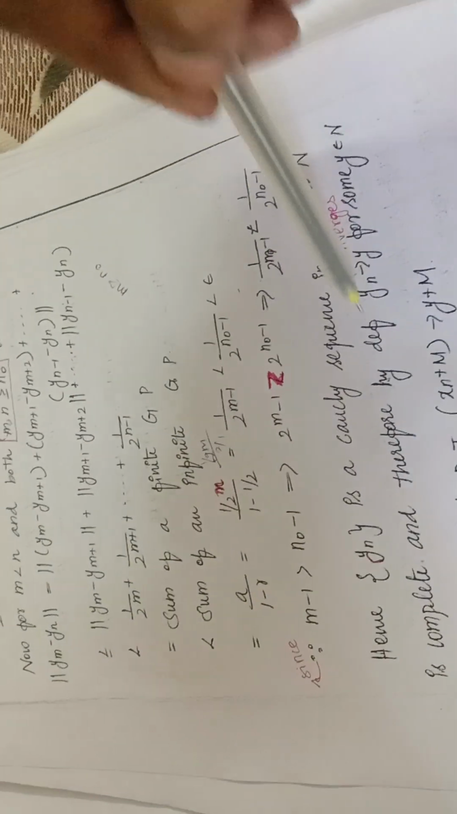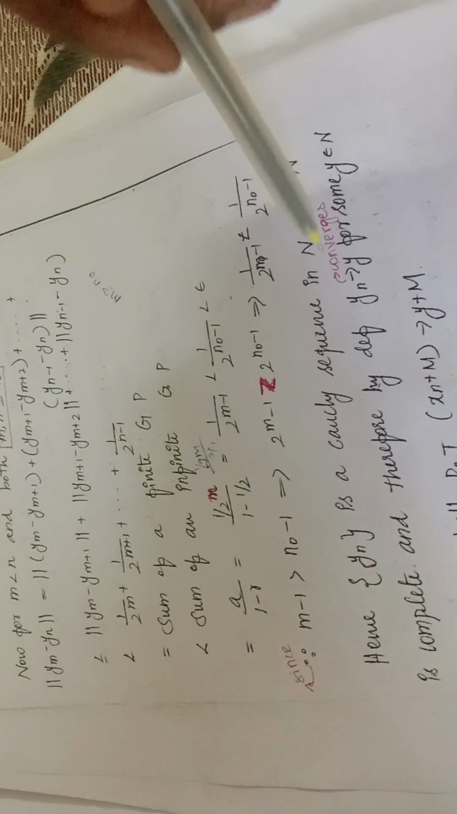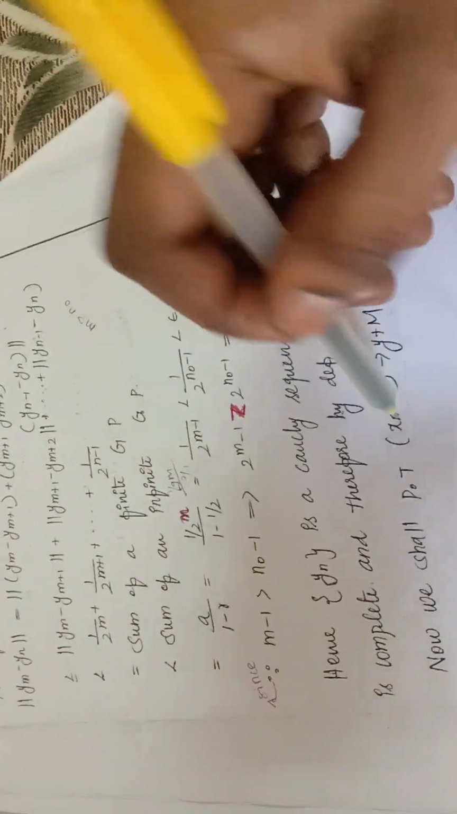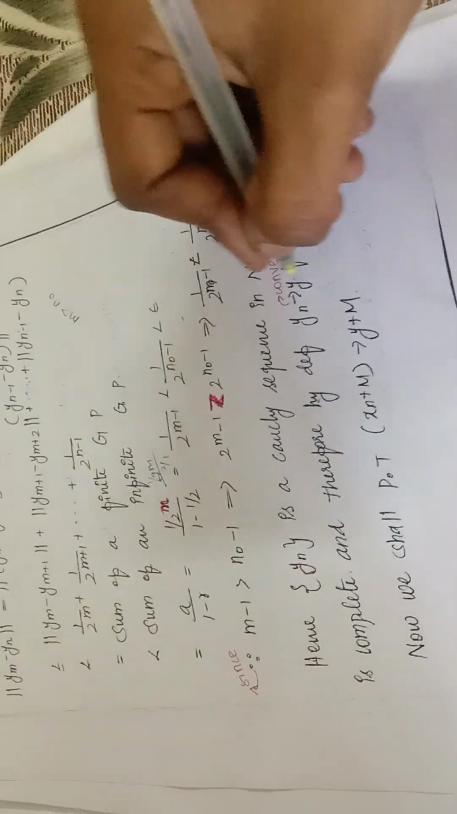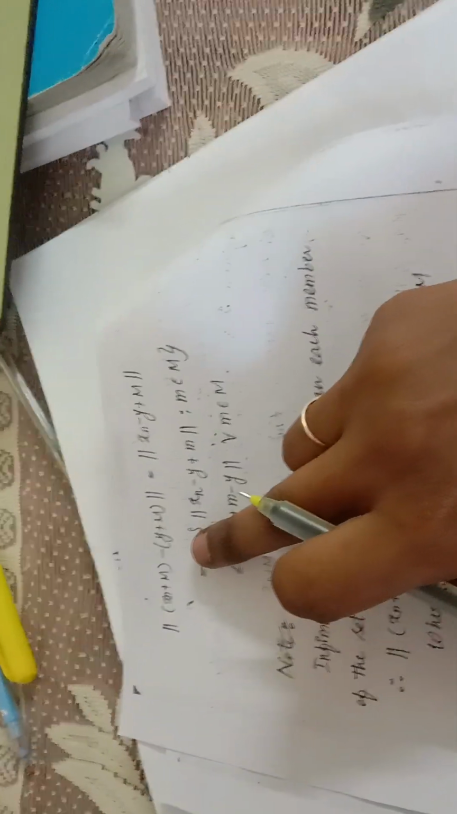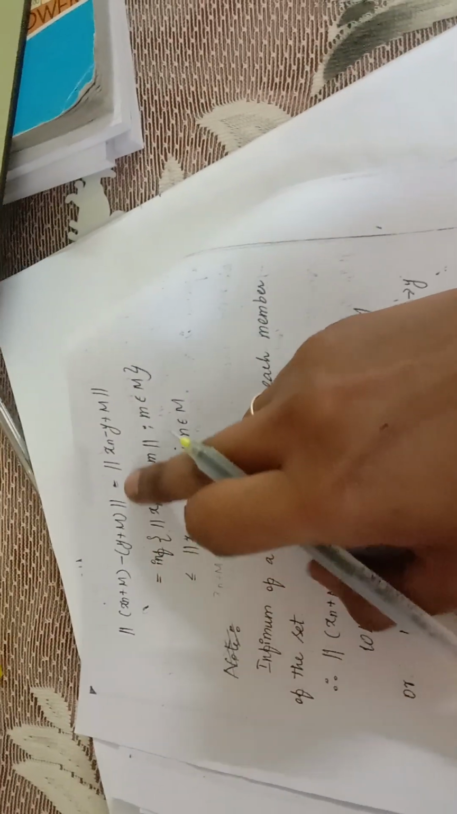So yn is a Cauchy sequence in N, but N is complete. By definition, complete means every Cauchy sequence converges. So yn converges to y for some y belonging to N. What we have to prove in the quotient space is that xn plus M converges to y plus M. For that, we consider the norm of xn plus M minus y plus M equal to